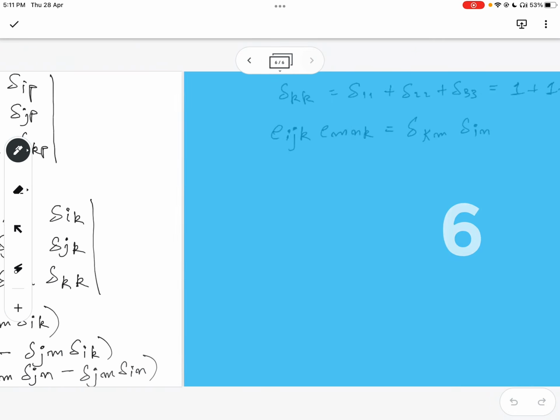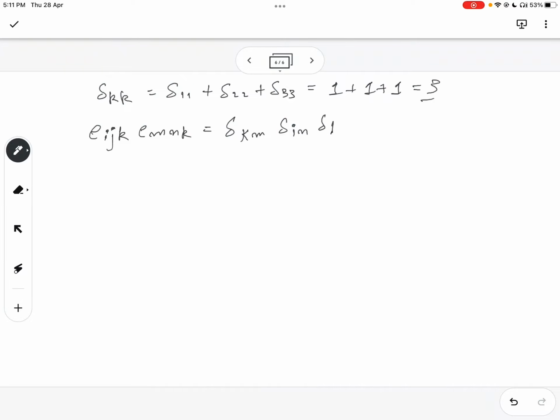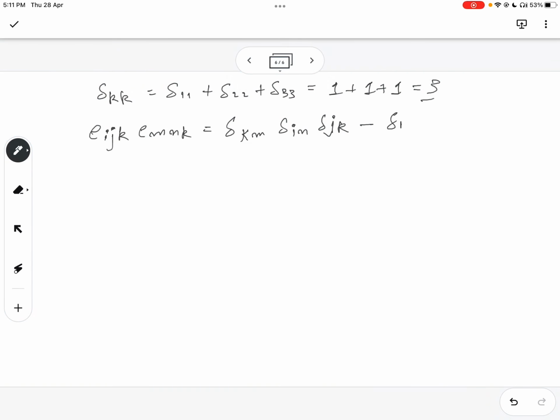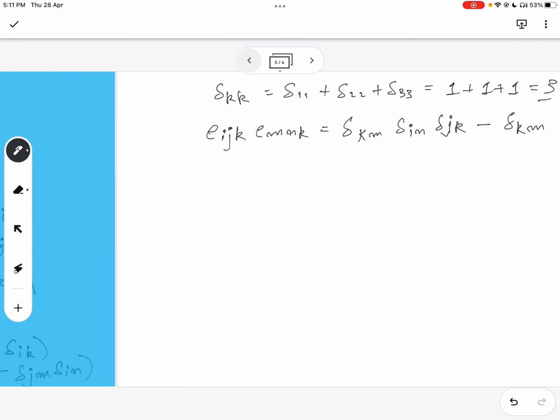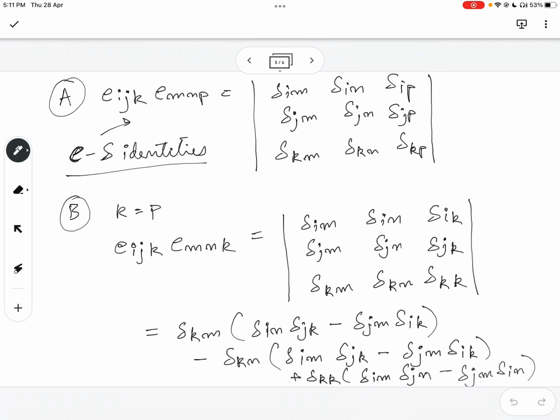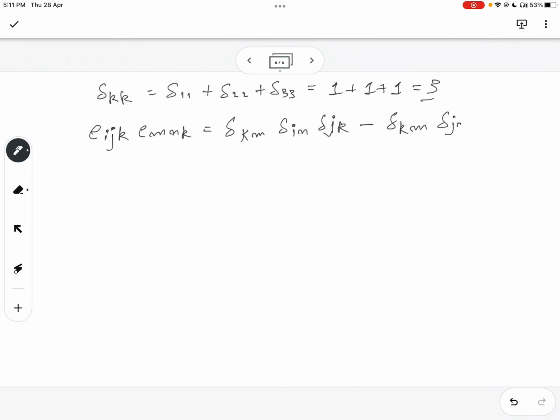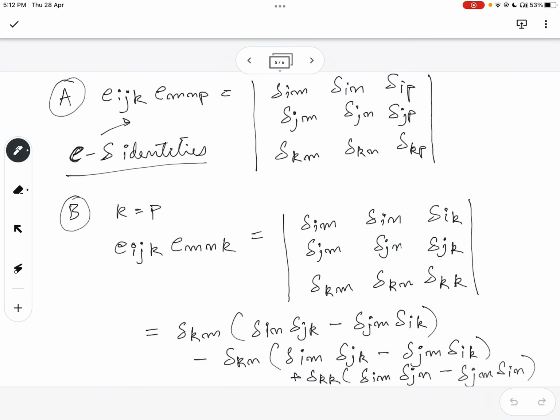Yeah. Delta Jk minus delta Km, delta Jm, delta Ik, delta Jm, delta Ik, sorry, yeah,